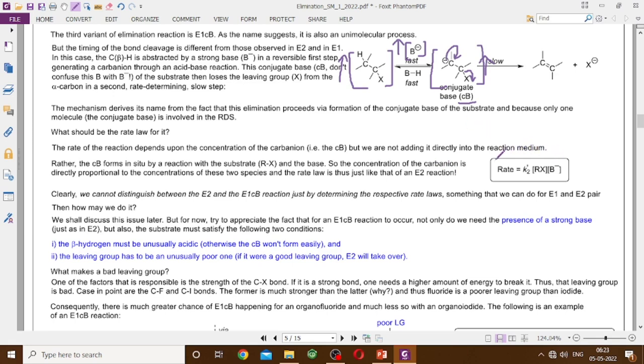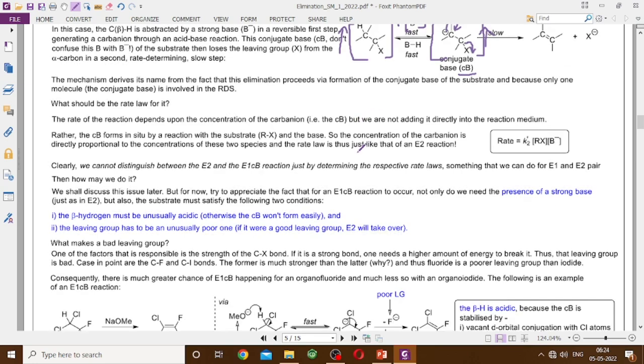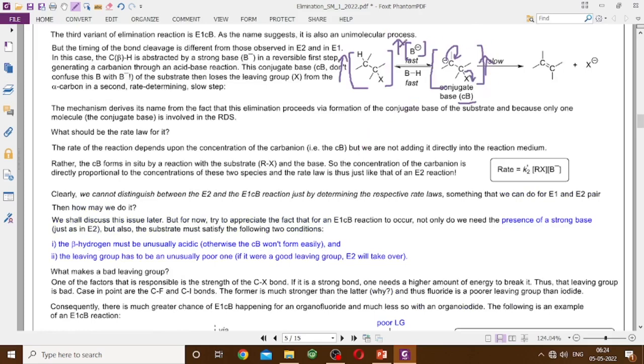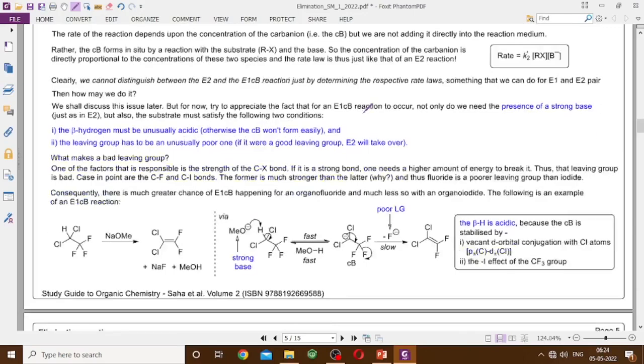E2 আর E1 এর মধ্যে রেটের এক্সপ্রেশনের ডিফারেন্স আছে, বাট E2 আর E1CB তাদের রেট এক্সপ্রেশন একই রকম, and we need to do special experiments to distinguish between these two mechanisms. But that is a matter which we will discuss later. At this point of time, let us concentrate the E1CB reaction টা তাহলে কাদের উপরে হবে। যাদের উপরে হবে তাদের বেসিক্যালি